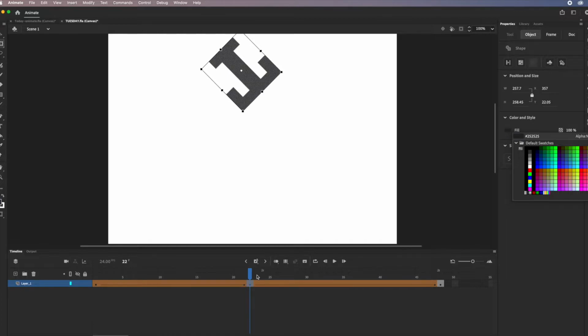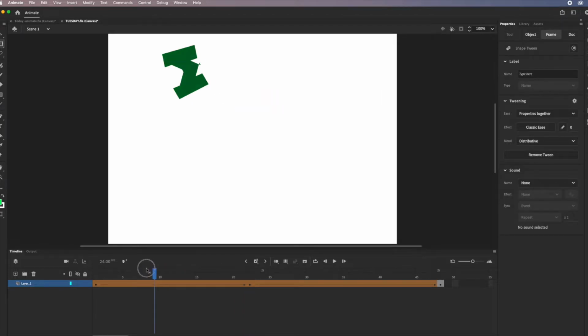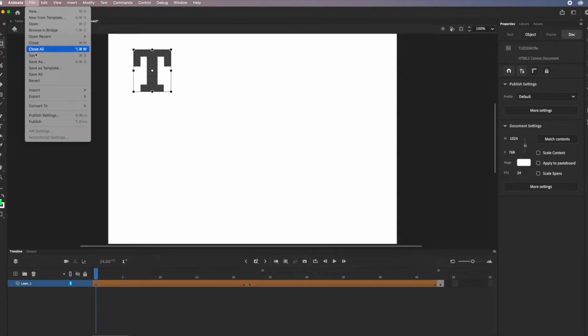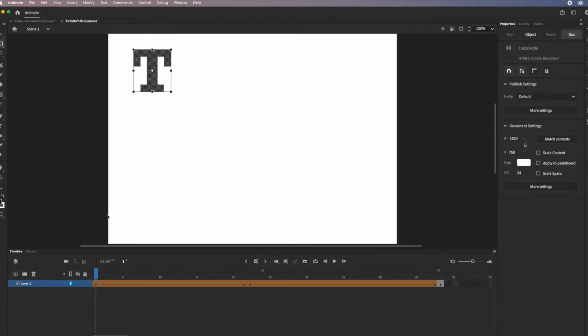But essentially, once it's in place with the color once more, and we go through our animation, you see it's actually morphing between these two shapes. Now, just to control this a little bit more, we can use what's called shape hints. So I'm just going to go File, and save that just once more. And I'm going to give the control of the animation